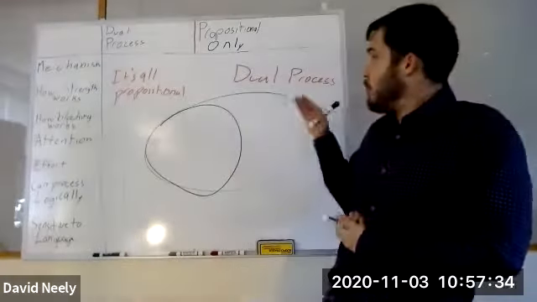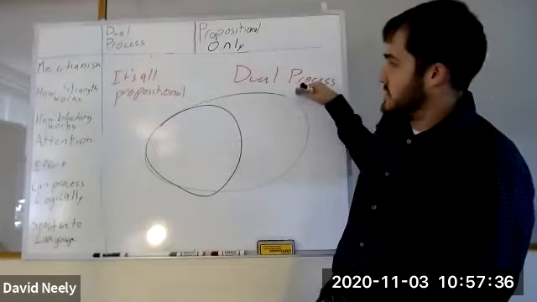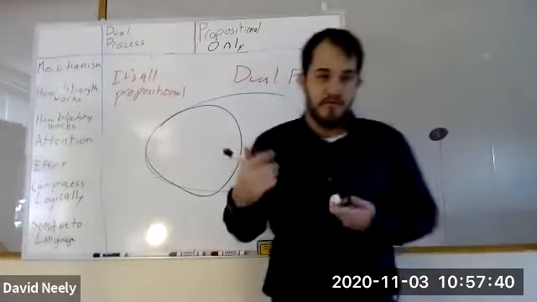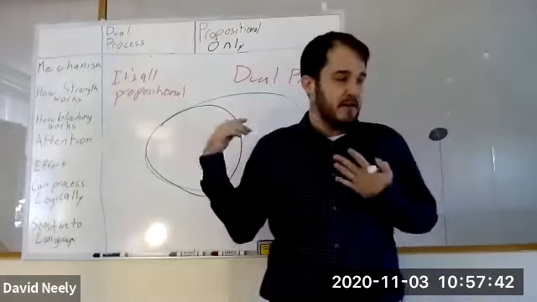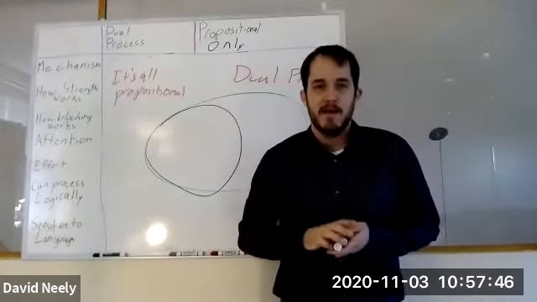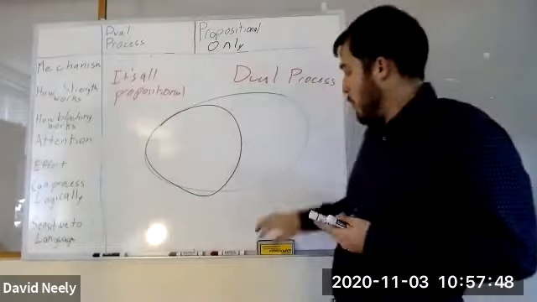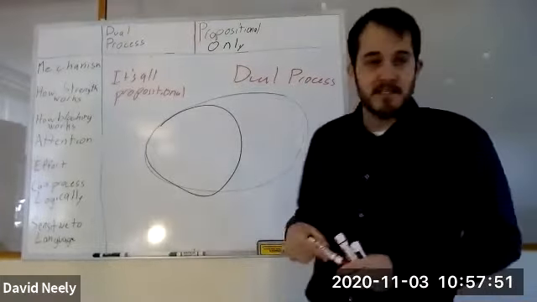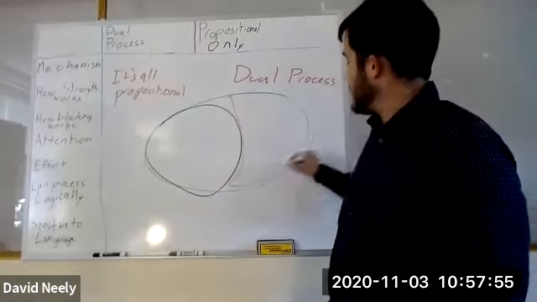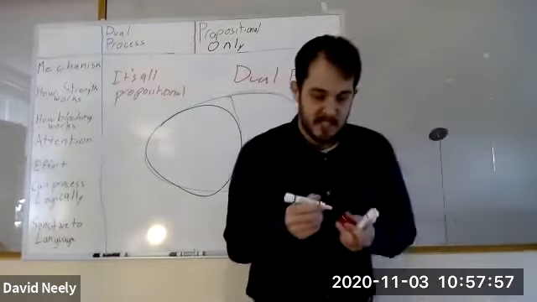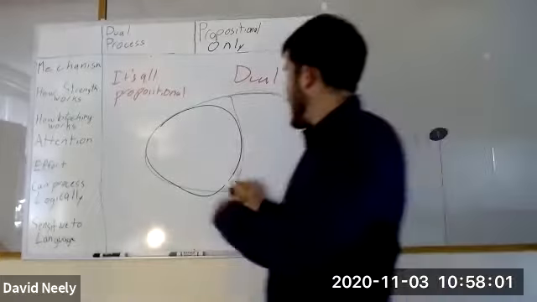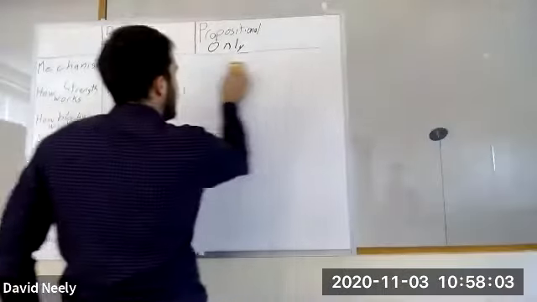And so the way that you would argue against the dual process theory, if you believe it's all propositional, is you just attack those simple sorts of things, the associative links, which are supposed to explain why we behave irrationally in many cases. So what we're going to be looking at, therefore, in this class, and what the article for this week looked at, was one of the things that the other system is supposed to explain, the not propositional one. So what we're going to look at in particular is